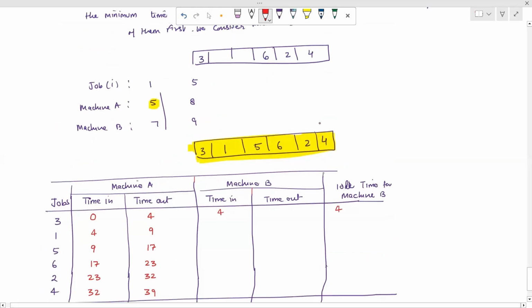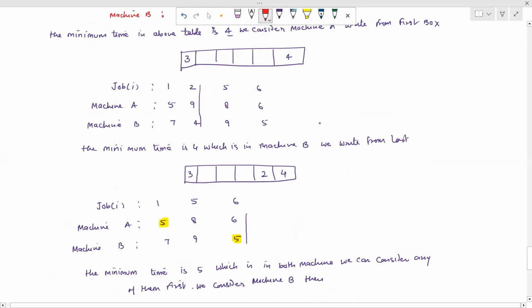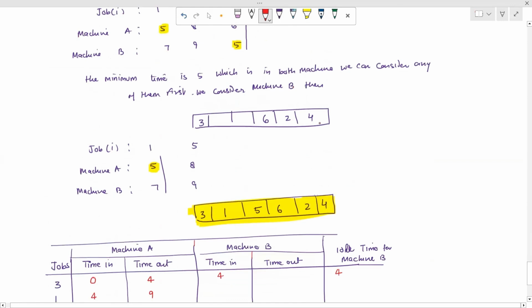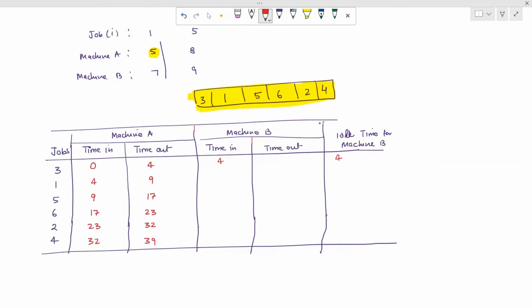अब नाउ व्हाट इज द टाइम फॉर जॉब 3 मशीन बी? मशीन बी का जॉब 3 के लिए कितना टाइम है? 8 आवर्स, तो 4 + 8 12, और 12 पे इसका टाइम आउट होगा। अब हमको ये ध्यान रखना है कि ये 12 पे जब टाइम आउट हुआ है तो जो मशीन ए है उस मशीन ए का टाइम आउट कितने पे है? तो मशीन ए का टाइम आउट है 9 पे, इसका टाइम आउट है 12 पे,